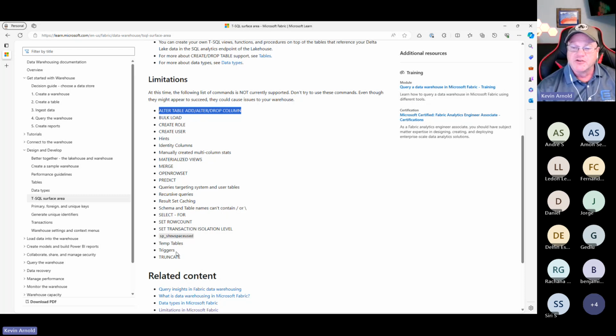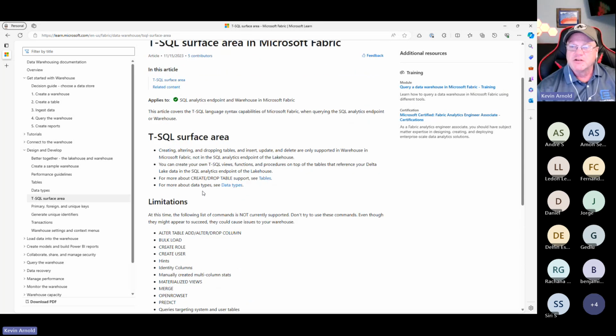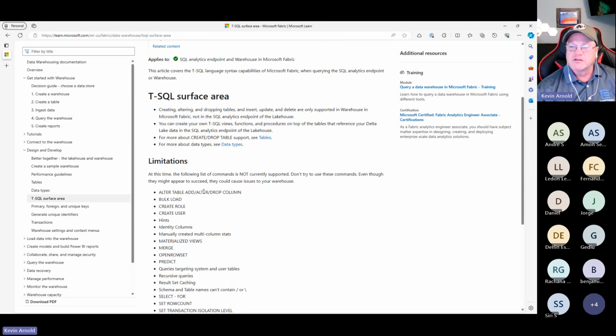And then truncate isn't supported. I know truncate is used a lot of times. So I just do it if I'm going to actually rebuild a small dimension or something like that. It's not worth my while to always do the work for figuring out what's inserted, what to update. I'll do a delete from the table and then just reload it. So, always come in and read the documentation. And it's going to kind of talk to you about what's going on.